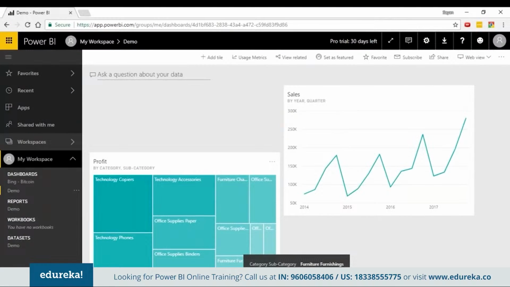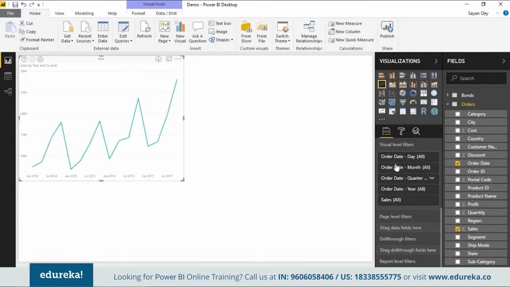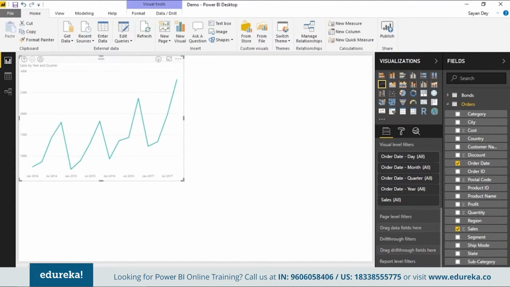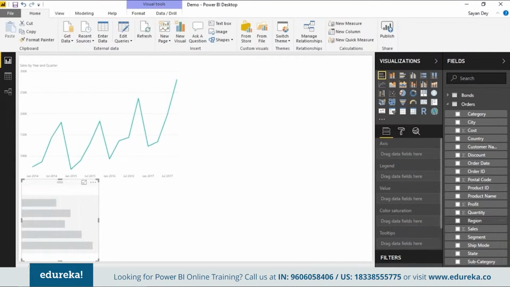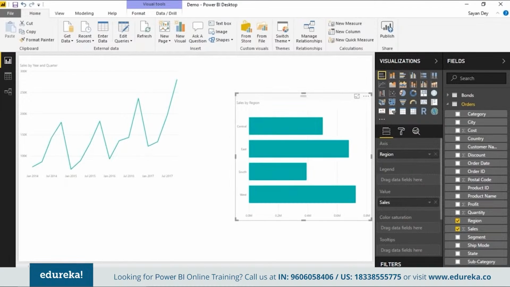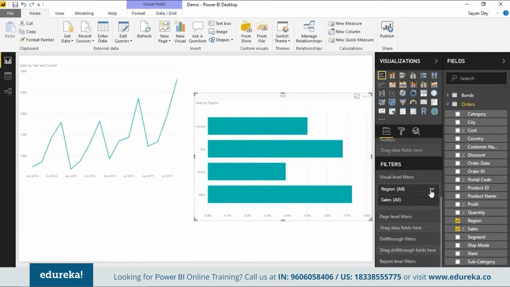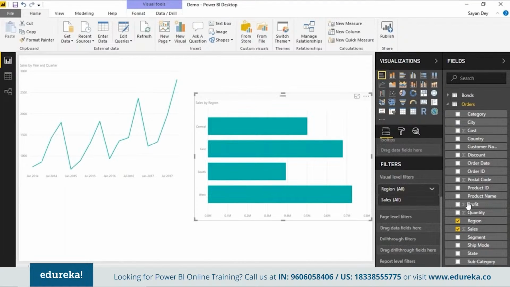Coming back to the desktop, you will see the line chart that I built here. Go to the filters panel and you can see all the visual level filters applied by default, which are all the fields that are already part of the visual. If you place another chart here, a bar chart for instance, whatever you do in the line chart will not affect the bar chart. If I take a bar chart with region-wise sales and change its region filter to central, it will not affect the line chart because it's a visual level filter. Visual level filters are specific only to the visual.